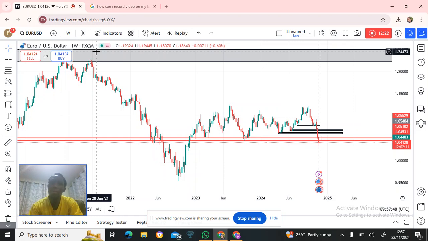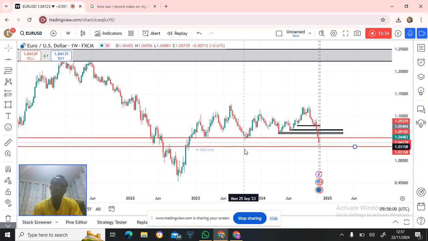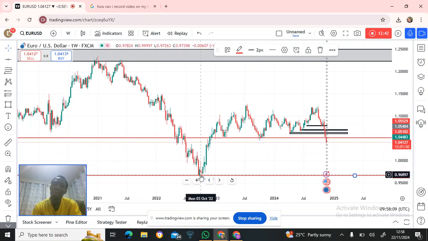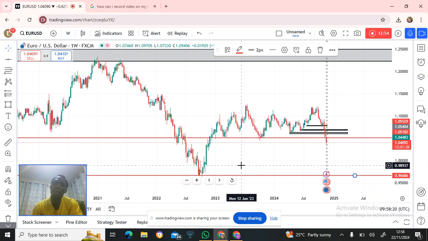So the forex market, how we make our money is the prediction. We have to predict the market, the direction of the market. That is what you're supposed to do. You're supposed to know when to buy and when to sell. So when I predict that the market is going up, I make money. When I predict that the market is going down, I make money. So in the forex market, when we are trading with the brokers, we make money both directions. We just have to predict the direction of the market.